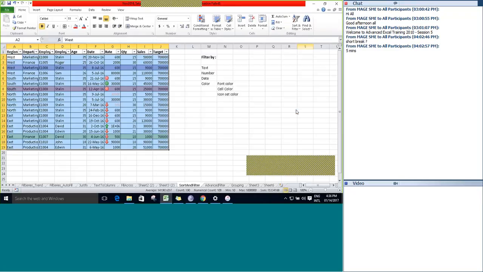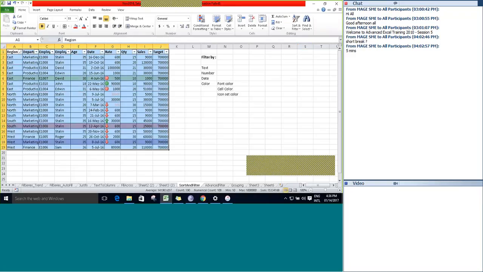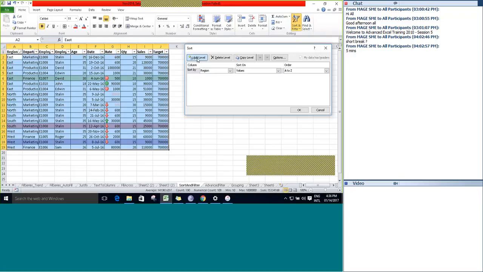Similarly, again go to custom sort. If you want to sort one more level, click on add level. After sorting by region, sort by what? I want to sort by department. Here it won't get mixed up because we selected the entire table. To understand better, I just applied a fill color for 3 rows.